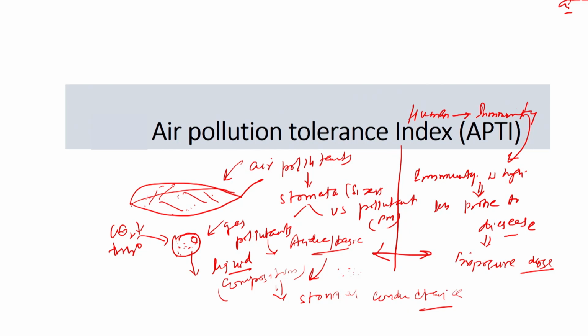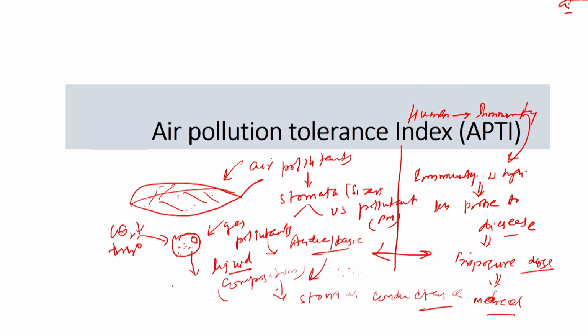But here, if you go in medical terms, you have to measure what you call immunity power. There are immunoassays that have to be conducted on your samples, blood samples, and then you can see how much it is, whether you have a very good immunity system or not. Now, the same question arises: how to calculate the air pollution tolerance. Whether a particular plant or species is tolerant to the pollution or not will depend on this. How we quantify these things will be discussed in this lecture.